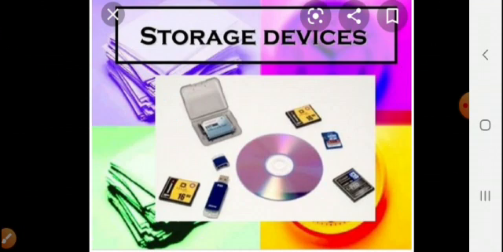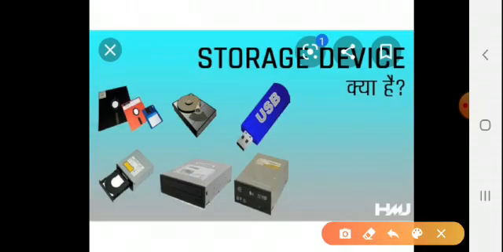What are storage devices? We use many storage devices like almirah, cupboard, locker, etc. to store things. In our daily life we use all these things. In the same way, a computer also uses CDs, USB flash drives, DVDs, etc. for storage of data. Here first of all we will see the USB. USB, it is given here. It is a small storage device used to carry data or transport files from one computer to another.